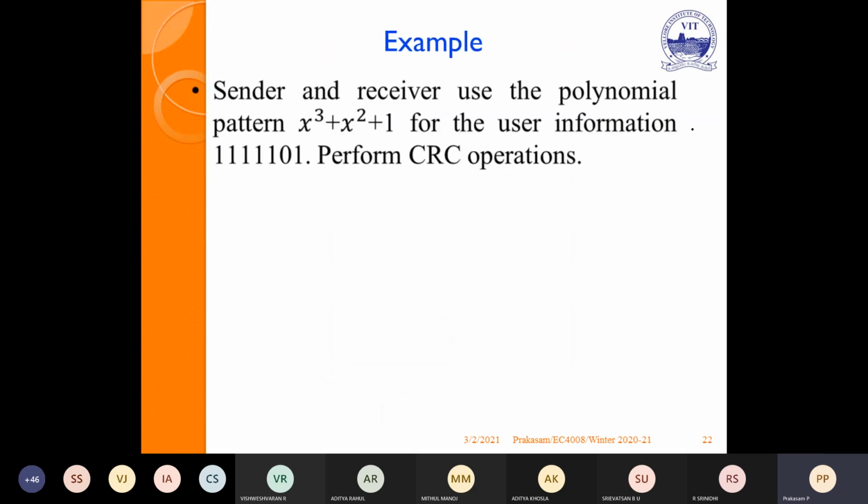It is the checksum. You can do this exercise. They will give it like this: this is the code, and this is the respective polynomial. So first convert this polynomial into a divisor. That means 1, there is no x power 1, so 0, 1, 1. Now this is the divisor.